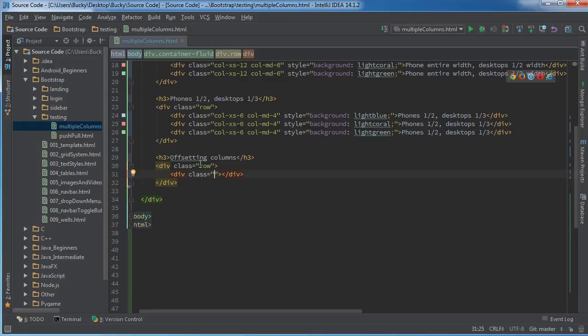So what we would do here is let's just give it a column of like MD4. So it's going to take up a third of the screen whenever you're looking at it on a desktop. And let me just put 4 wide or something in here and give it a color too. Alright, so we got one little chunk and it's taking up a third whenever we're looking at it